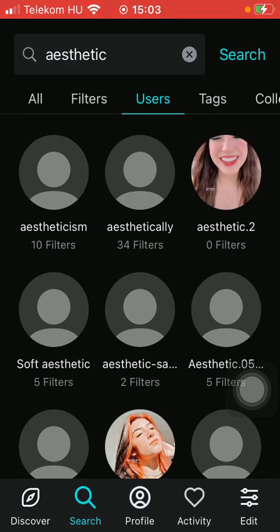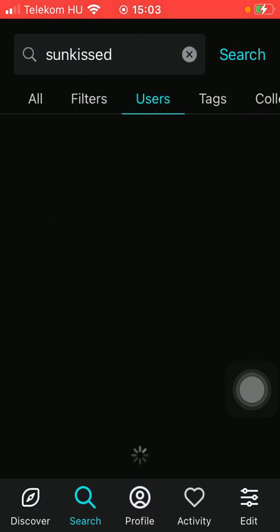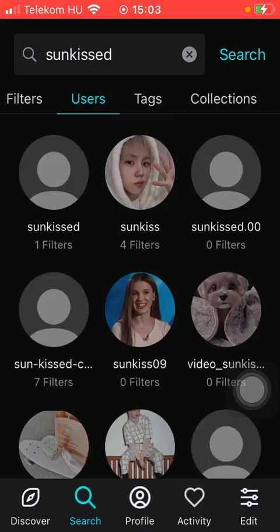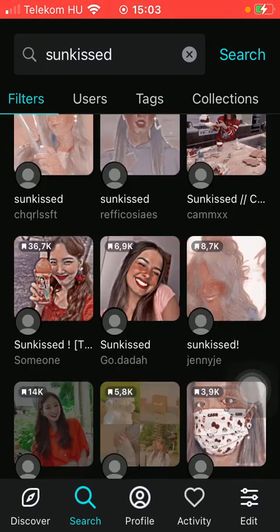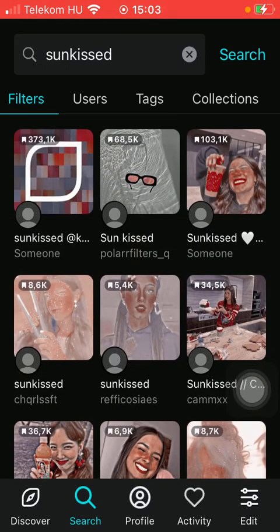This keyword will also help you to find relevant filters. So if you tap on the filters category, which is the second one at the top, you can check out filters, tags, and collections as well. So that's how you can explore